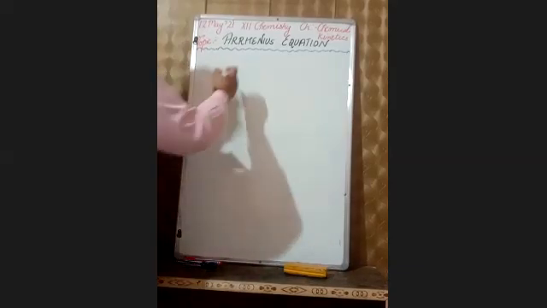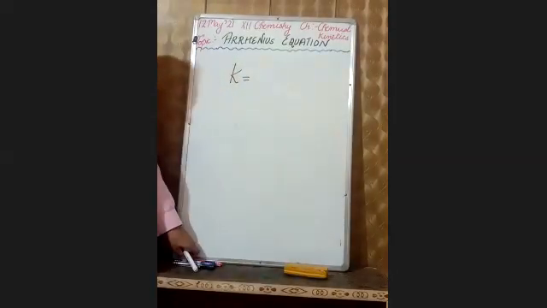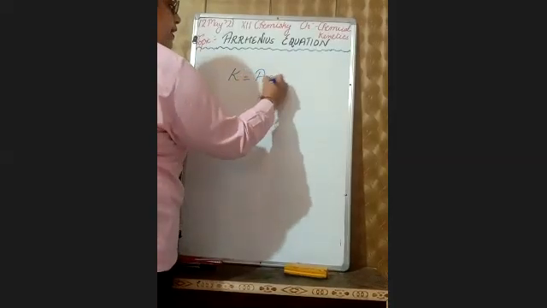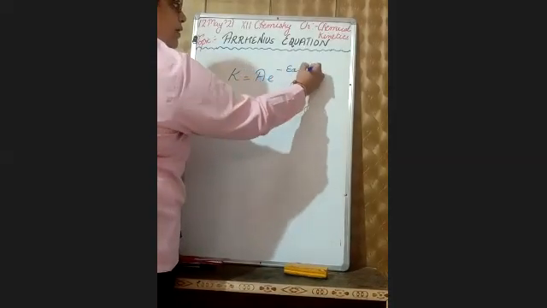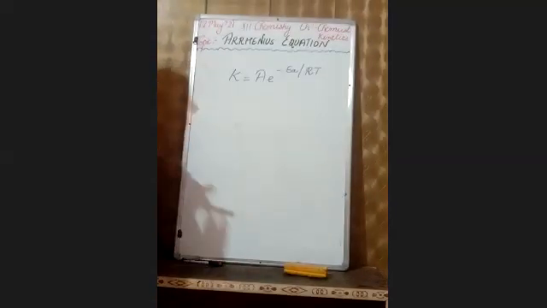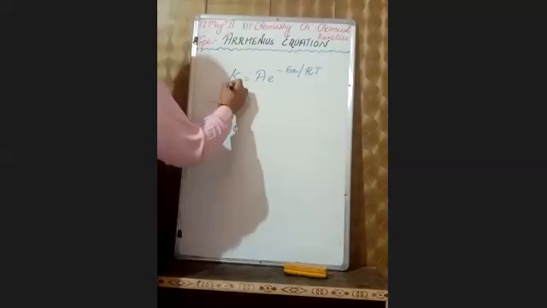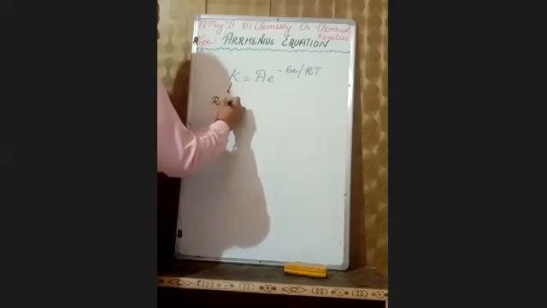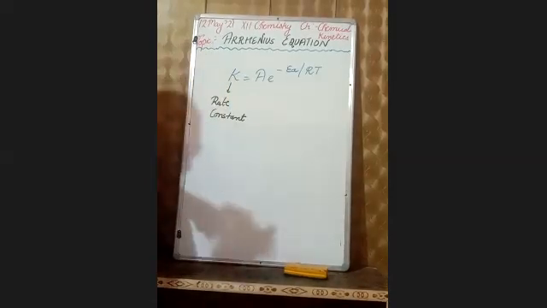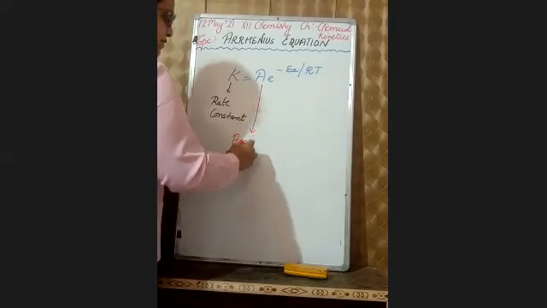I already told you, k is equal to A e to the power minus Ea over RT. Where k is your rate constant. What is A? A is your frequency factor